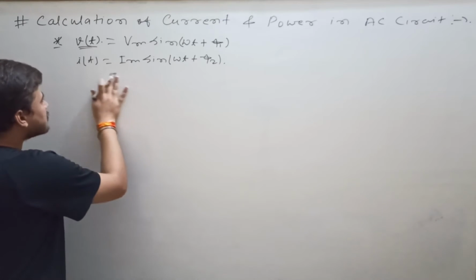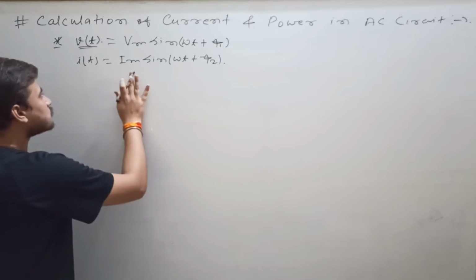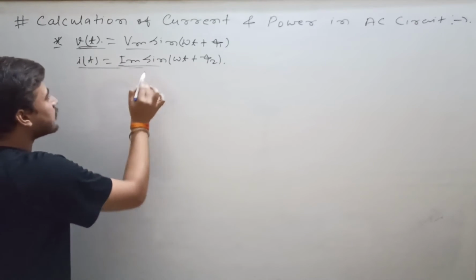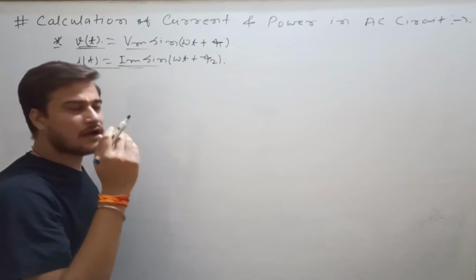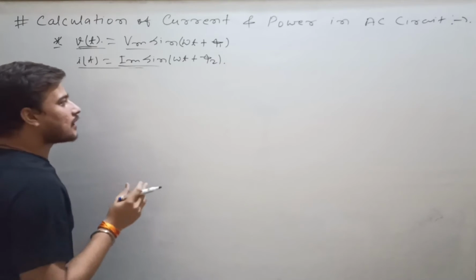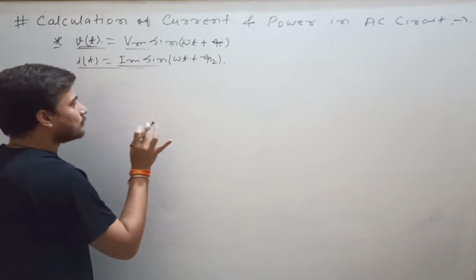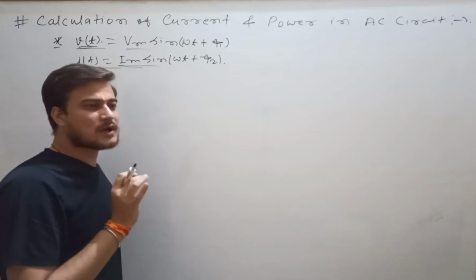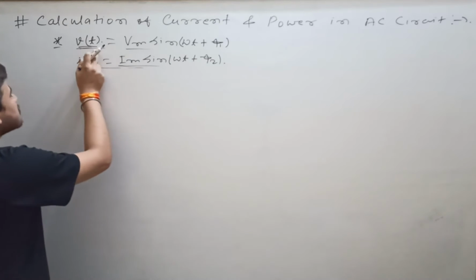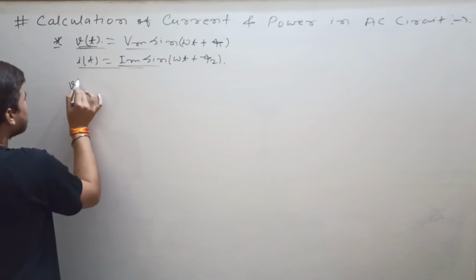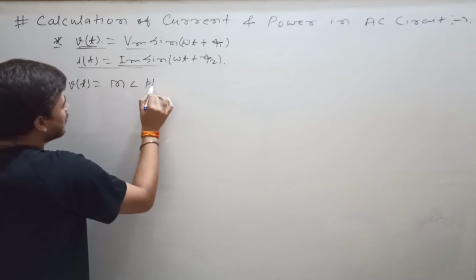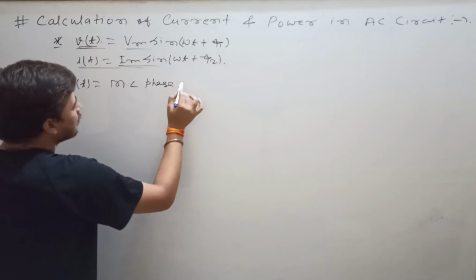So first let us discuss the phasor. That means we have to show the voltages and currents, that means instantaneous voltage and instantaneous currents, on a phasor diagram. So what is a phasor diagram? If you are going to draw a phasor diagram, you must know the magnitude of the quantity as well as the phase angle of the quantity. That means if you wish to write voltage, it can be written as magnitude at the phase angle.